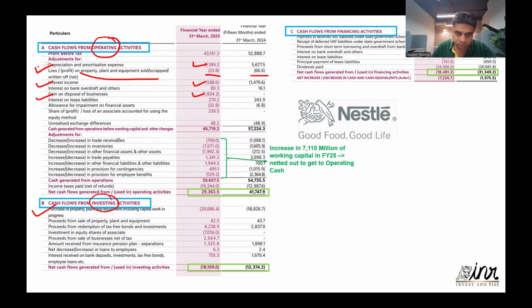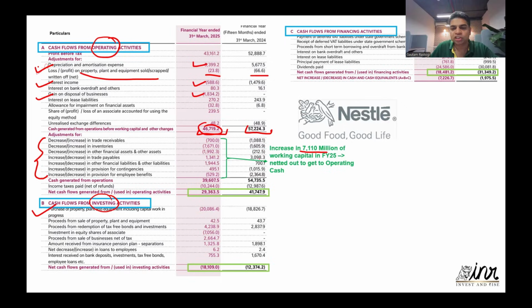ओके, सो एनी वे, बिफोर वर्किंग कैपिटल, बिफोर यू काइंड ऑफ गेट टू वर्किंग कैपिटल, दिस इज द टोटल कैश जनरेटेड फ्रॉम ऑपरेशंस बिफोर अकाउंटिंग फॉर वर्किंग कैपिटल चेंजेस। और ये जो ये है ना, this is your working capital. Okay, so if you see, यहाँ पे I have a note. If you see 2025, they have an increase of 7,000 million worth of working capital. This working capital of 7,000 million has been removed from this cash flow. ठीक है, जैसे हमने रिमूव किया था वैसे ही इन्होंने भी इंक्रीज इन वर्किंग कैपिटल को इस अमाउंट से रिमूव किया है। ठीक है, ऑलराइट।